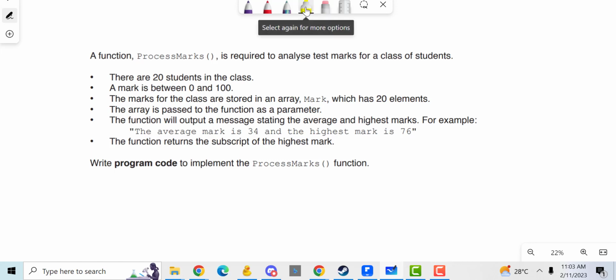Okay, before I begin this, I'm going to plan this out so that I know what I'm doing. I need to do a function called process marks. Does it need to take any parameters? I'm looking through this very quickly. 20 students in the class. The array is passed, so we've got an array, and it's passed to the function as a parameter, so yes